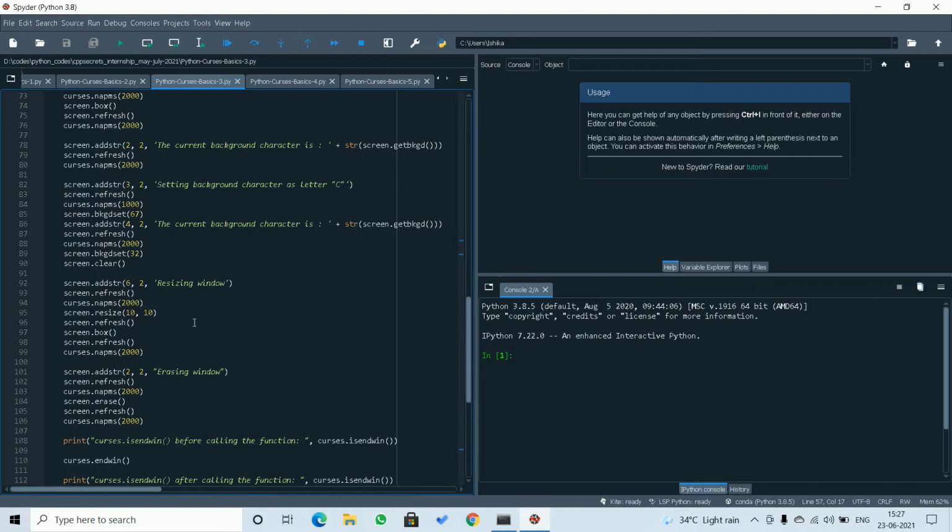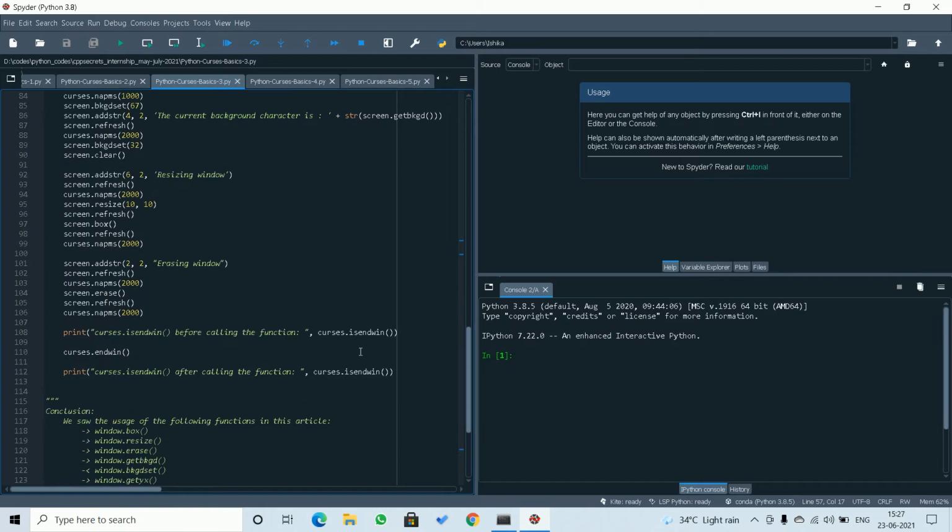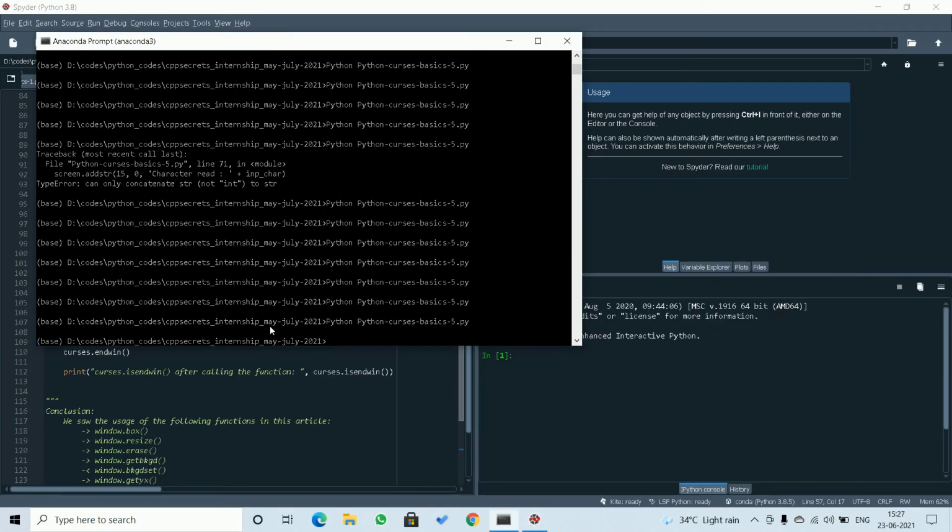We'll try resizing the window using screen.resize. And we'll try to erase the window, that is clear the window using screen.erase. We will check if curses.isendwin gives true or false. What does the value show before and after using curses.endwin. So here is the